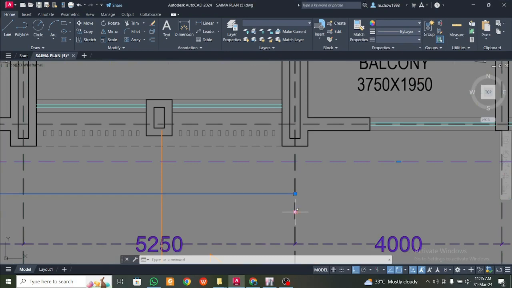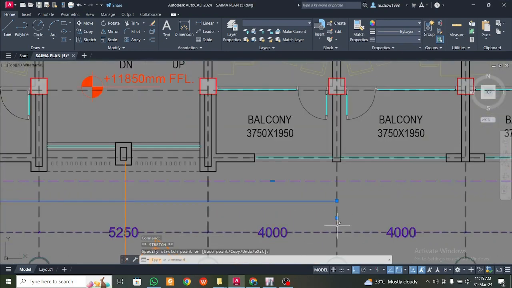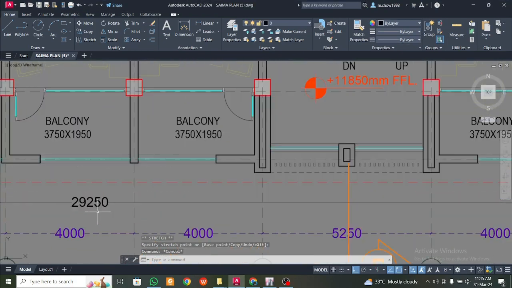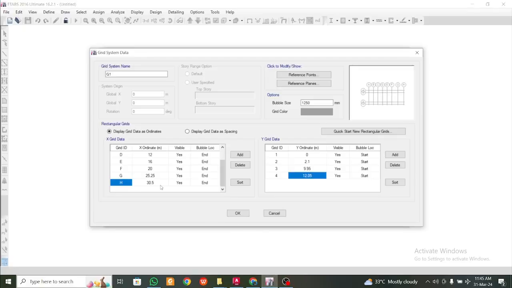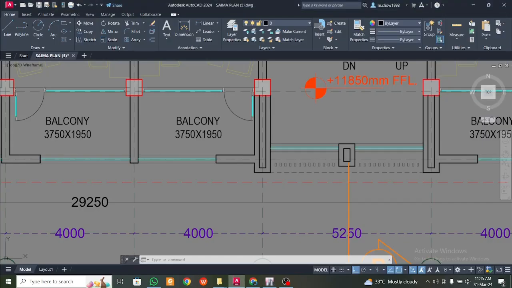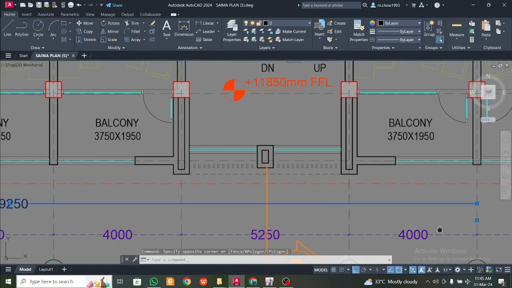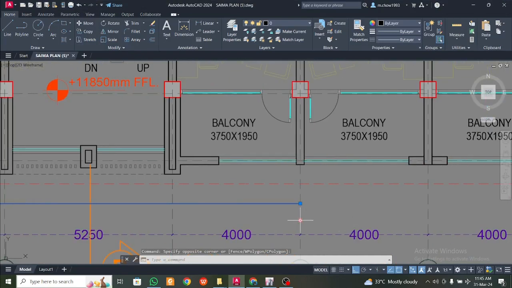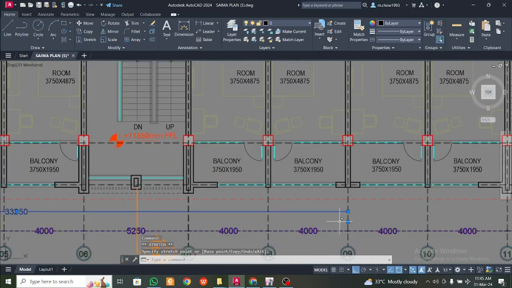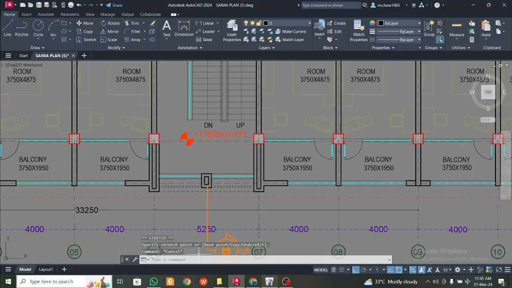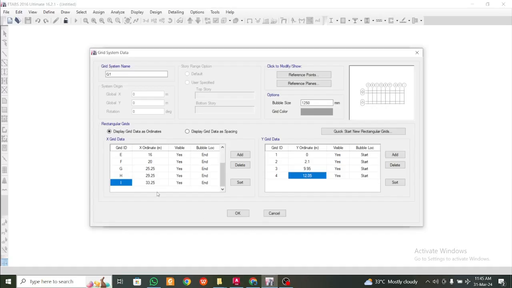Then we'll go here, and this will be 29.25, and then click on add, then select this. It will be actually 4 meters each, adding 33.25. So yeah, then we'll have